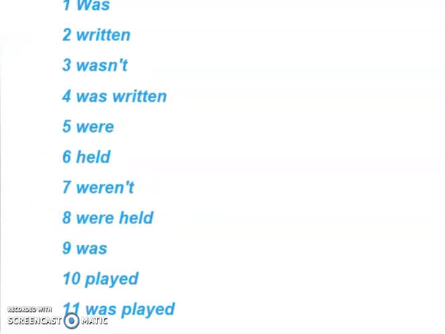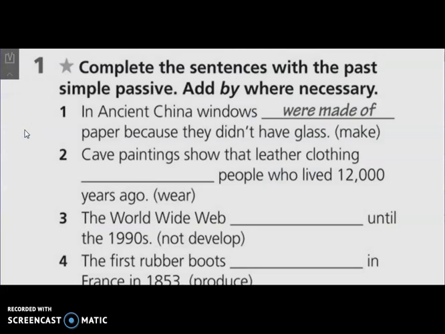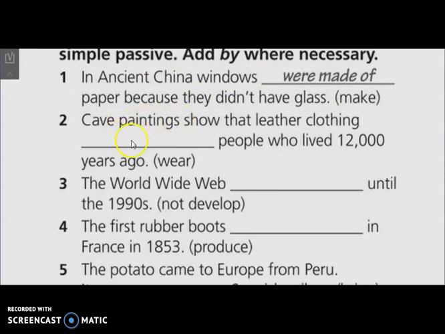Easy. Now please move quickly to page 80 in your workbook. Let's start with the first exercise. Here we have to complete the sentences with the past simple passive, adding by where necessary. Number 1, in ancient China, windows were made of paper because they didn't have glass. Number 2, cave paintings show that leather clothing, here the verb is wear, so was worn by people